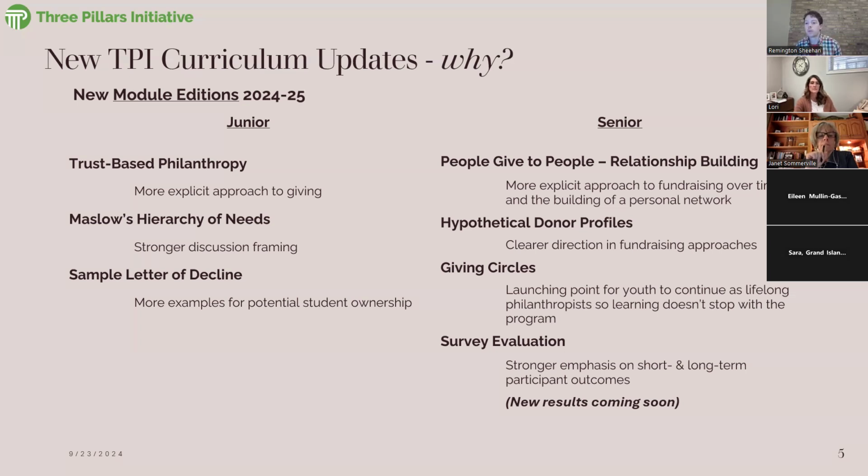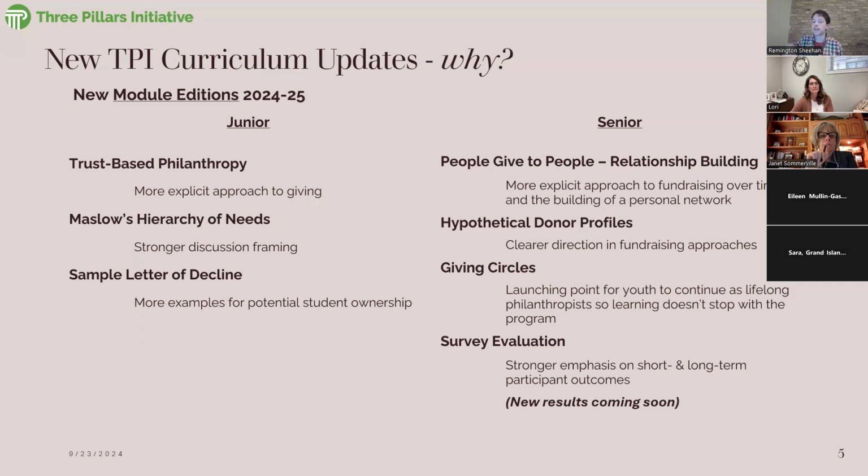But we did want to include more of the actual terminology and also some of the more explicit discussions, things like the RFP. We think it would be beneficial to have these types of discussions of not just what are the questions that we're including in the RFP, but why is it important that we ask these questions? Why is it important that we take more of the onus and responsibility on us to do research and to find these things? It's more of putting names to practices and then understanding why those are becoming more prevalent across the sector. That's something that we wanted to push a little bit further.